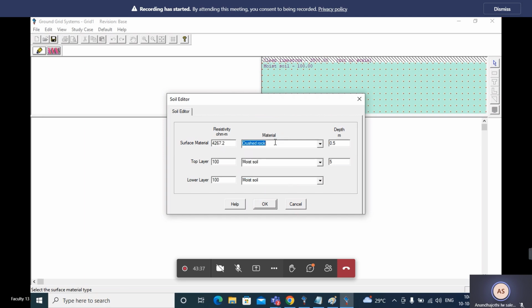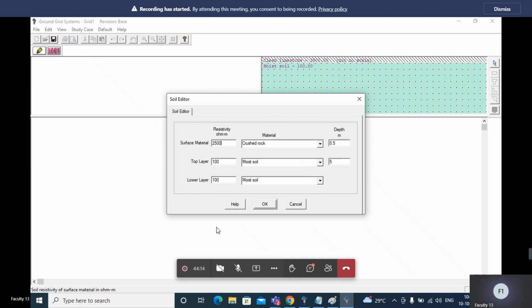So here I selected crushed rock. For crushed rock, the client provides the maximum resistivity we need to assign. They will assign us 2500. Some clients provide the maximum resistivity, so based on that only, I place all the values here. These grounding system values are given by the substation designing clients.